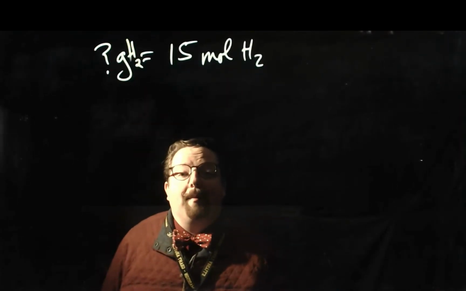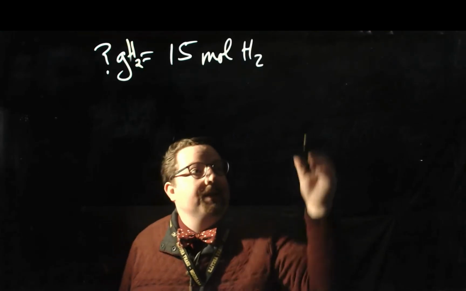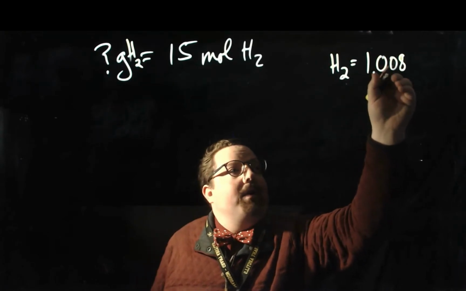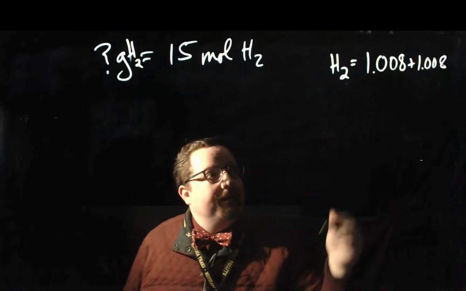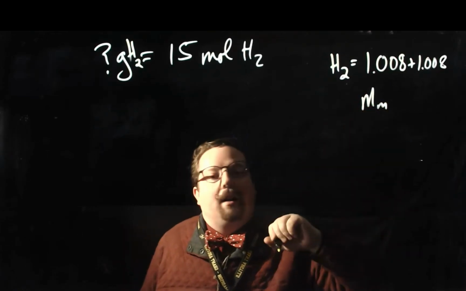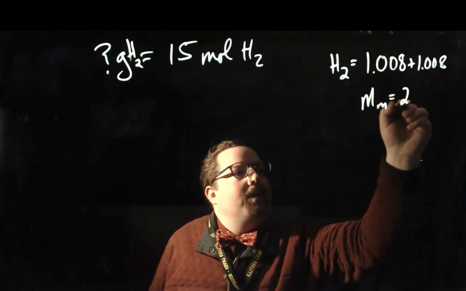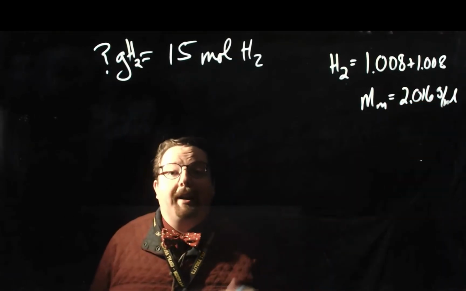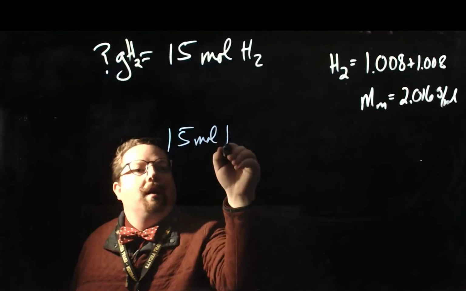So first step, figure out what the molar mass of your substance in question is. So we have H2, add up the atomic masses for both of those atoms in H2, and we get that the molar mass, we'll call it big M little m, is equal to 2.016 grams per mole. Now I just plug it into the conversion problem. So if I have 15 moles of H2,